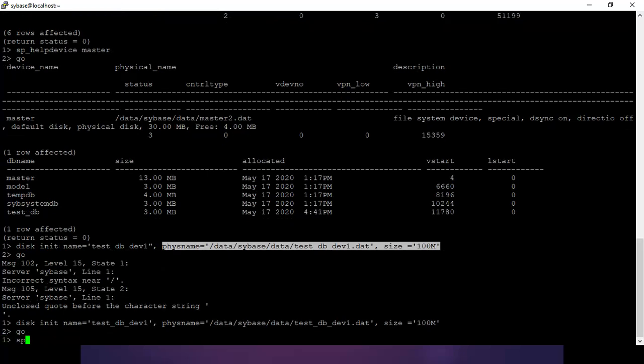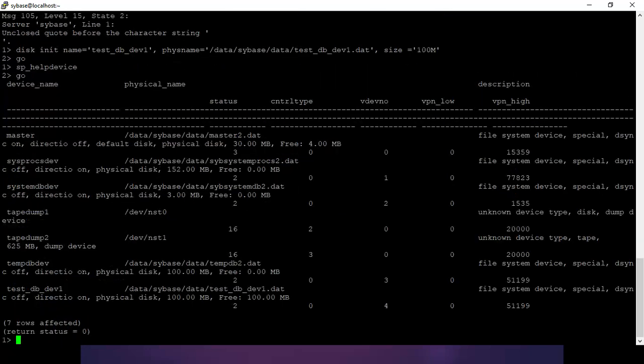Device is created. So you can see sp_helpdevice, so this device is created.